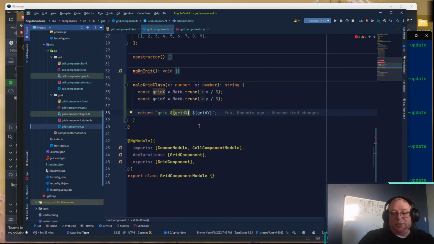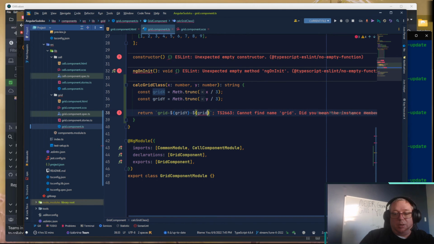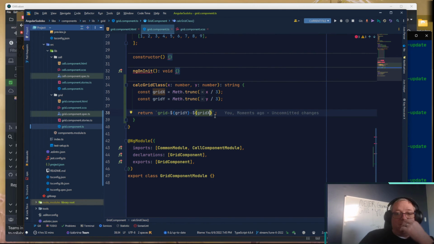We want to flip these. Because then as we go across the grid, it'll start in the upper left-hand corner will be 0, 0, then 0, 1, then 0, 2, and then we go down, we'll get 1, 0, 1, 1, 1, 2, 2, 0,